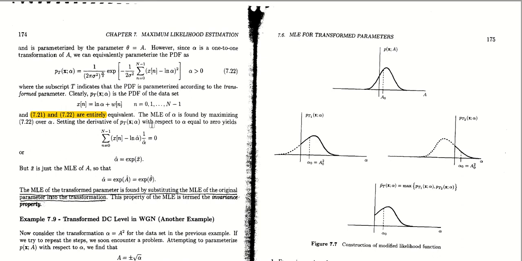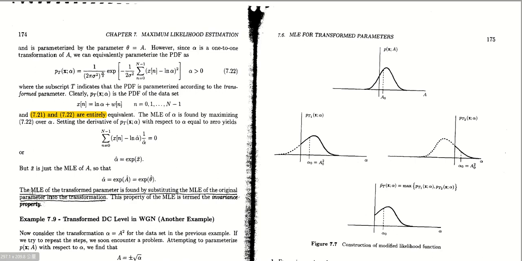So the MLE of alpha is found by maximizing over alpha. Setting the derivative of p with respect to alpha equal to 0 yields this. This is again chain rule, and then change your variable. You get this. The derivative of ln alpha is 1 over alpha. Okay, this is a calculus identity. It's a calculus identity, so if you are not familiar with it, you can review calculus a bit more. Okay, but x bar is just the MLE of A, so alpha hat is exponent of A hat equal to